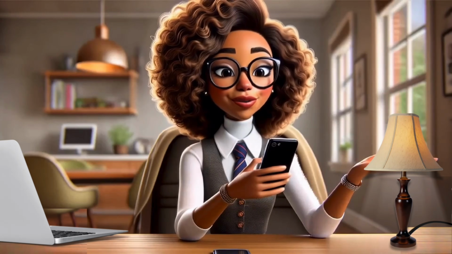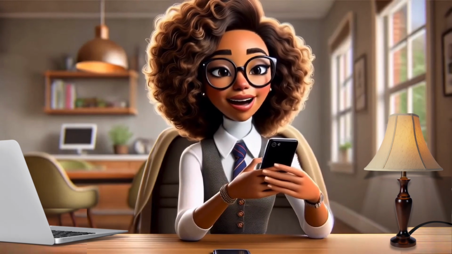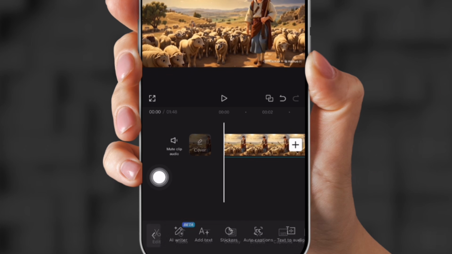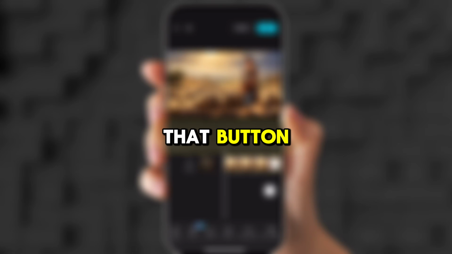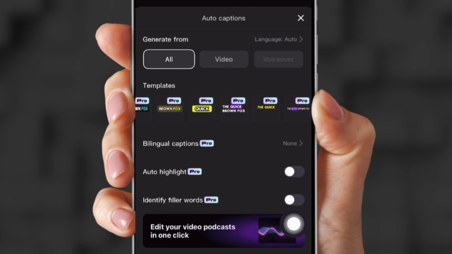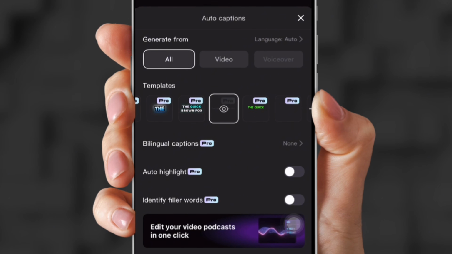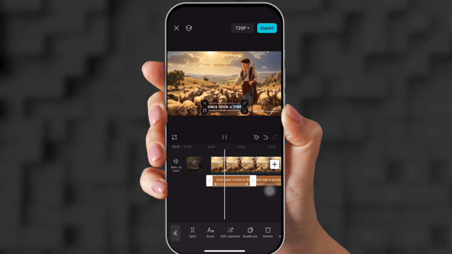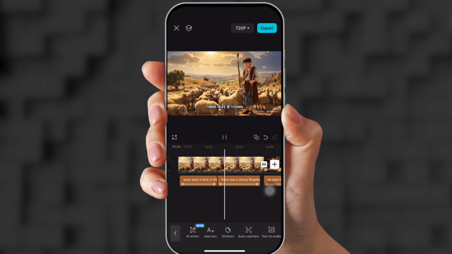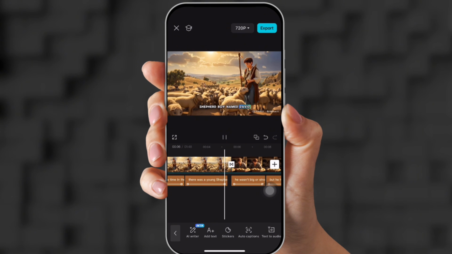That looks so good. So now we need some captions. So you're going to click the T at the bottom, and then click auto captions. I really love that button. So it automatically gives your captions right away. So you can pick any captions you want. I picked these ones because I like how they follow along with the words. So that's what it's going to look and sound like.